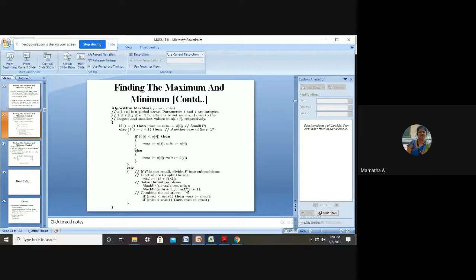Here also, instead of max and min, you can write max1 and max2, no problem. That also you can write, provided whatever parameter you give here should hold your answer. That you should take care. Max and min should be updated with the value, whatever it is. So slight modifications you can do here, or the same you can retain. Not a problem. I think the rest is all fine.